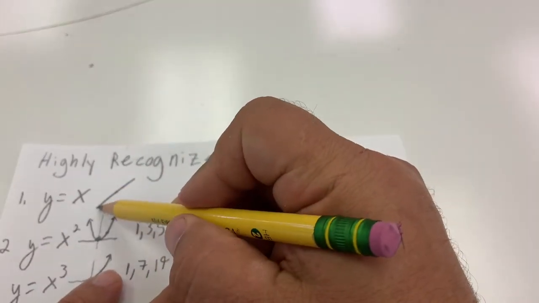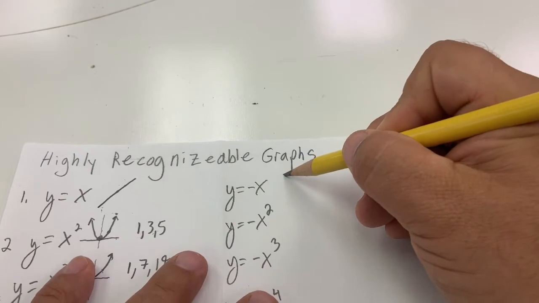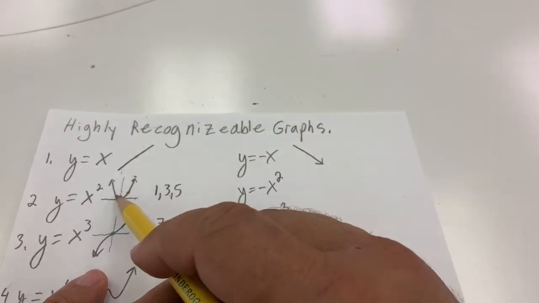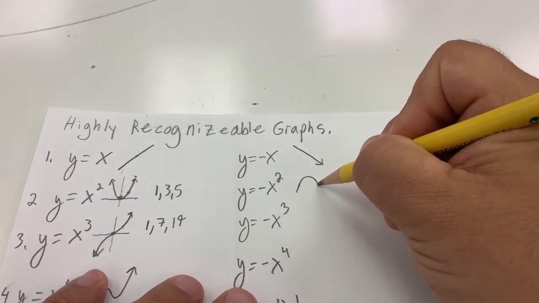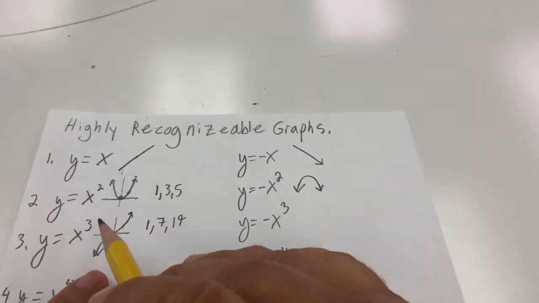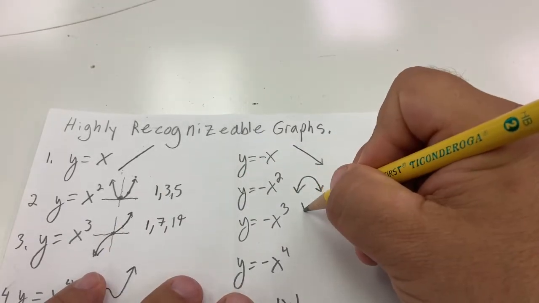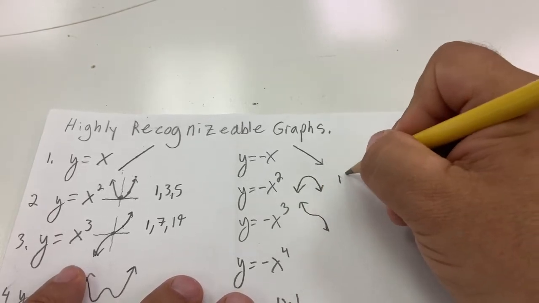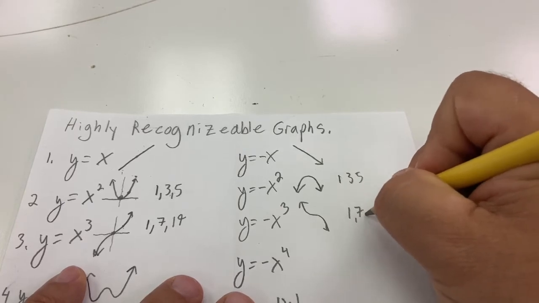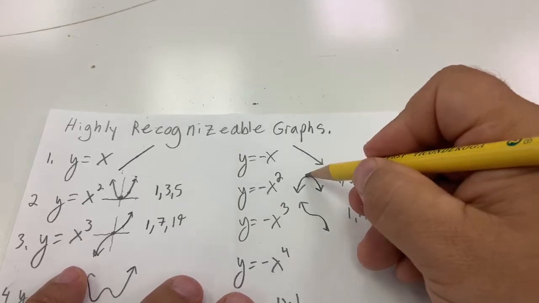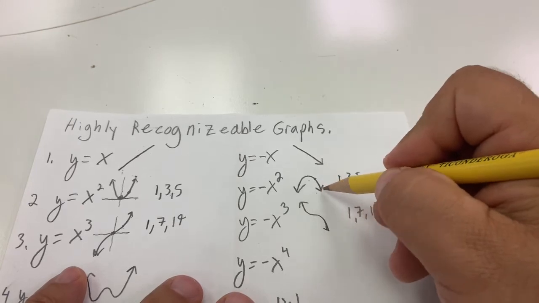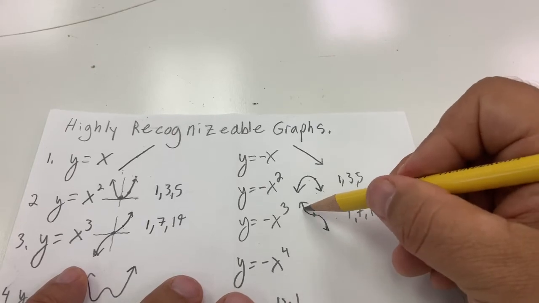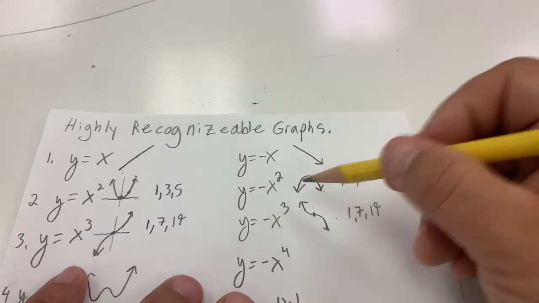So this one, instead of starting at the bottom and going up high, it's going to flip and start high and go low. It's decreasing. Negative x squared flips that upside down. Negative x cubed, same thing. It's going to flip it and start up high, turning point, go down low. Don't forget the array of points for this one is 1, 3, 5, 1, 7, 19. I would start at 0, 0, go down 1 over 1, down 3 over 1, down 5 over 1. Start at the turning point, 0, 0, go up 1, left 1, up 7, left 1 to get that array